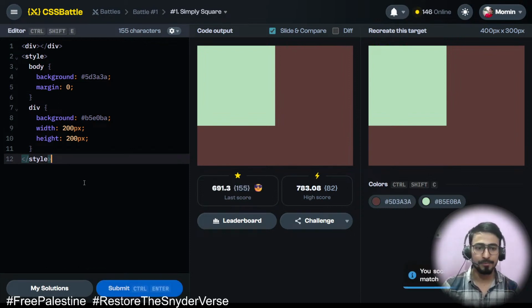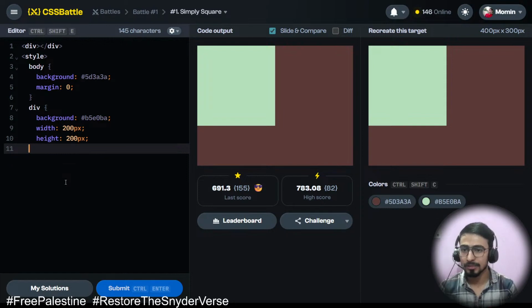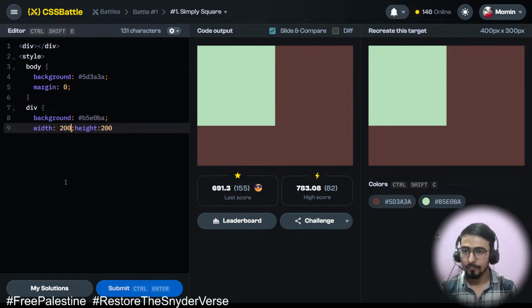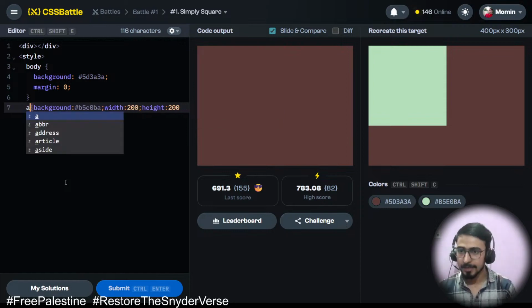And with that we have completed our first level with a 100% match. And let me reduce the code so that we might get some more points. This is not needed, but to get more points we need to do this, and I will make it